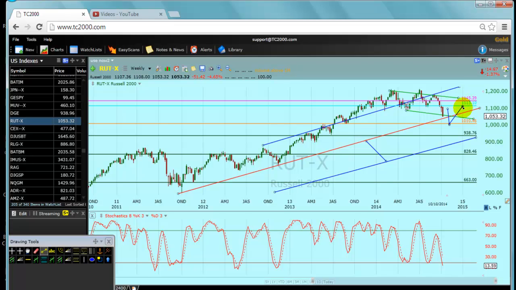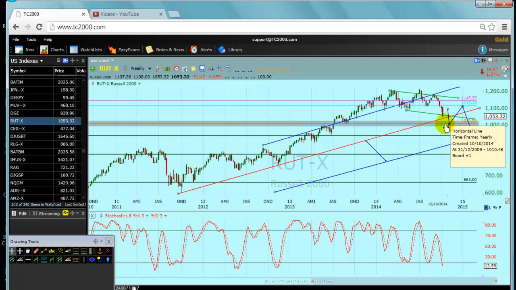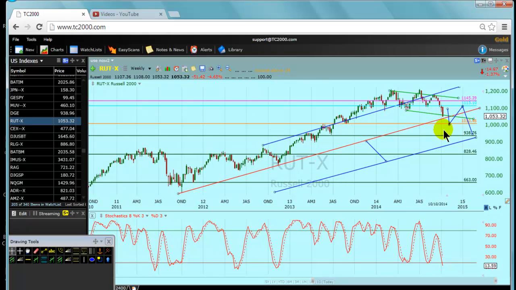And if you come back to the short-term equilibrium price level, people to sell it again and to the target level of 938. Remember, the price can continue to go down and cross the orange line. If it crosses the orange line, we want it to go below the orange line and to come back and retest the orange line. And if it breaks below the orange line, retests the orange line, and then continues to go down and reach the target of 938. If it hits the 938 and it fails to find a support, which means it dips below the 938, retest it,